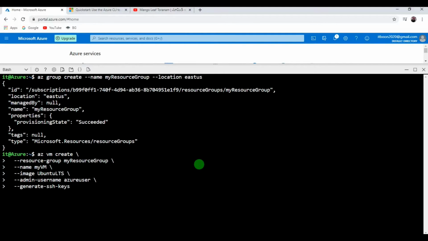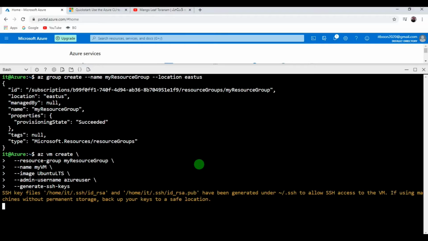Paste it, enter. It is storing the SSH keys in the home directory. A private key and a public key are getting generated under the .ssh directory in your home directory.